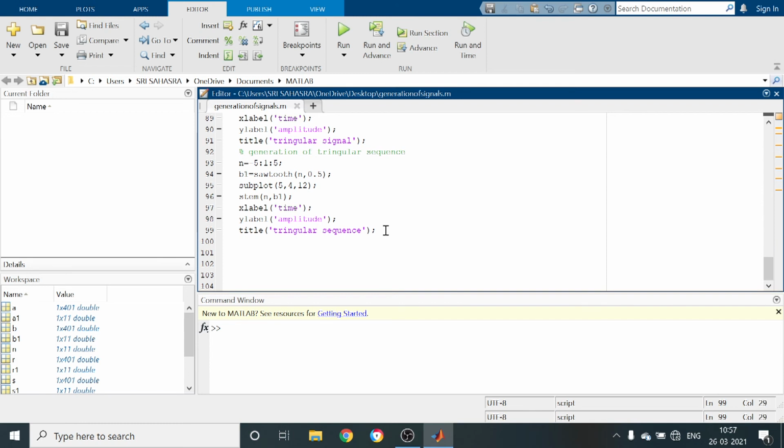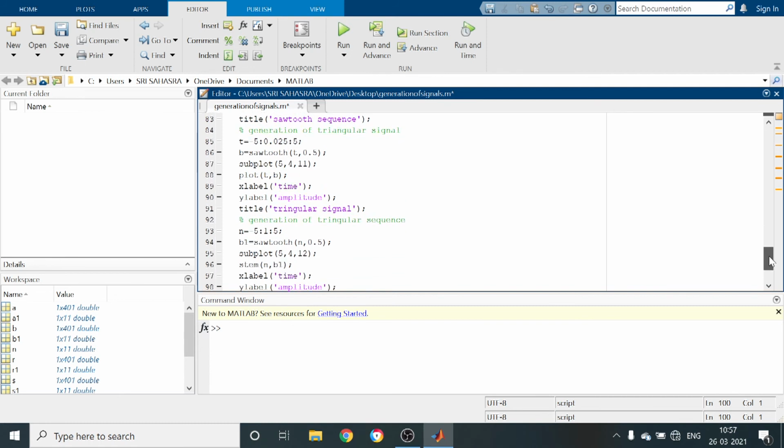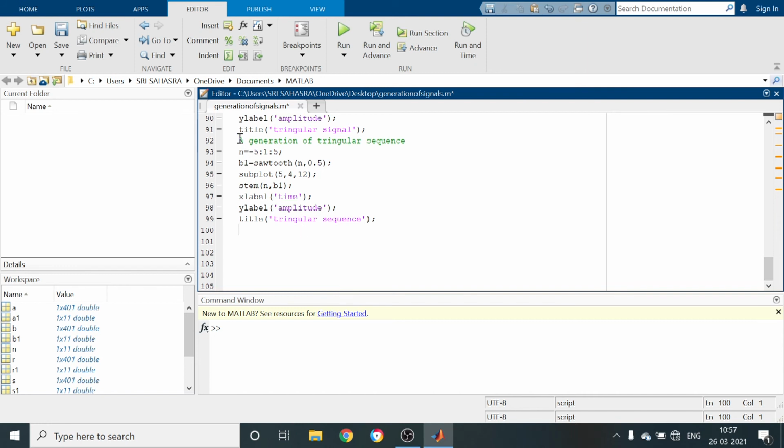Next we have to generate the sine function. For this one, I am taking a comment here. Generation of sine signal.